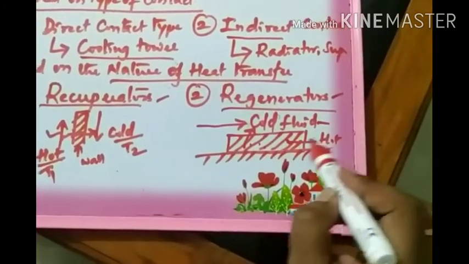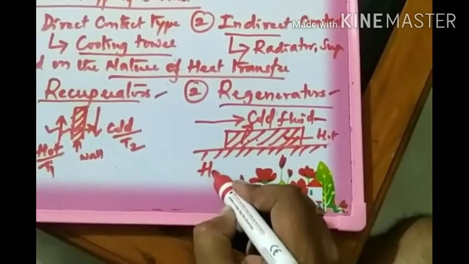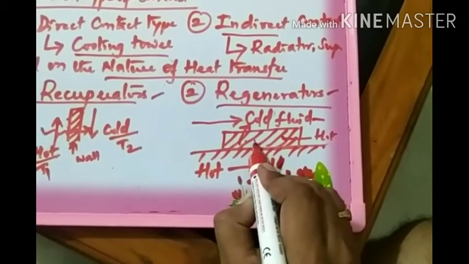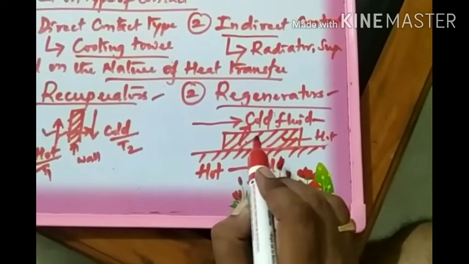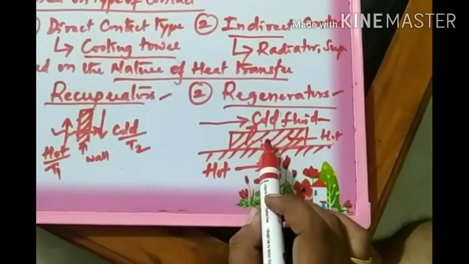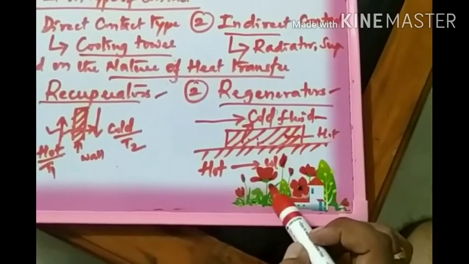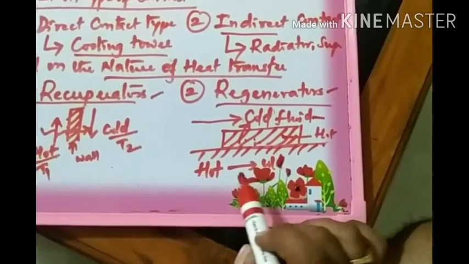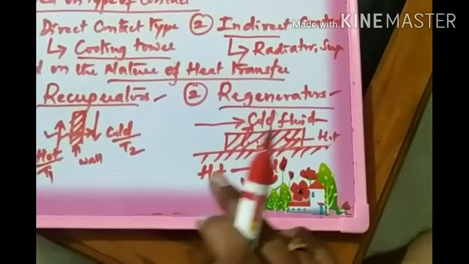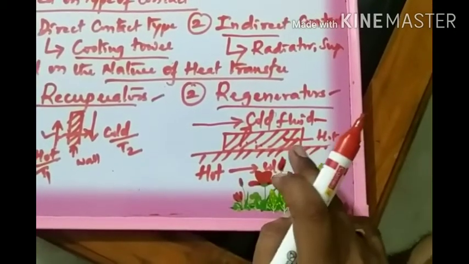So altogether, if you look at this example, finally the energy exchange between the hot fluid and the cold fluid happens via this matrix material. It is done in such a way that the hot fluid was initially made to flow over the matrix material. Then later the cold fluid was made to flow over the matrix material. This way the exchange of energy occurred. And since the fluids are made to flow alternately over the same surface, heat exchange occurred.